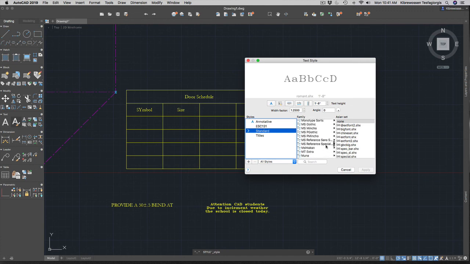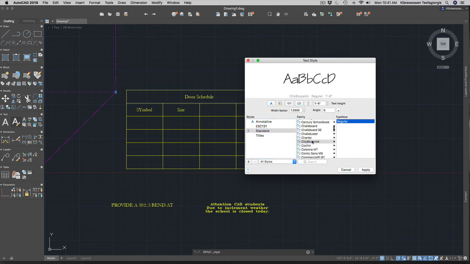I'm going to change the standard to city blueprint. I'm going to use the same 20 inches height and the width factor, because it doesn't say any width factor. We are going to keep it at 0, but the angle is inclined by